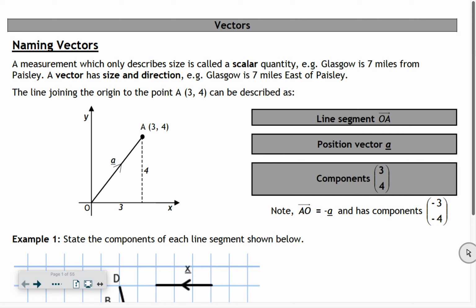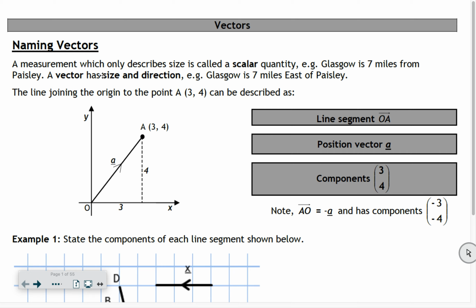Vectors is a topic that you'll see a lot in Higher. And it's actually quite a nice topic to revisit towards the end of the course, because it really starts to let us think about moving on into doing higher maths. Okay, so really what we now need to do is distinguish between what is a vector and what is a